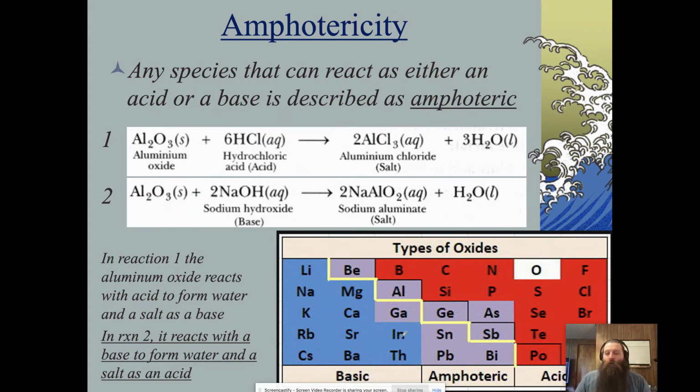We find most of them around the semimetals. And here's a great example of one. Here is aluminum oxide. So in this first reaction, aluminum oxide is acting as the base, all right? And it's reacting with hydrochloric acid. In the second reaction, it's reacting with a base, so it's acting as an acid here to form a salt